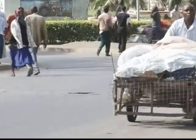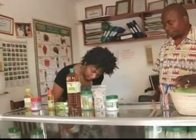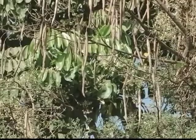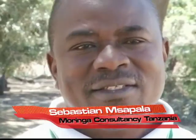In Arusha, Tanzania, Sebastian Msapala and his wife have made the unique tree the source of their livelihood. Msapala is an herbal medicine researcher. "Moringa is peculiar in the sense that every part of the tree is beneficial. The flowers, the leaves, the roots, the bark, the seed cake, everything is beneficial for nutrition and herbal, for human